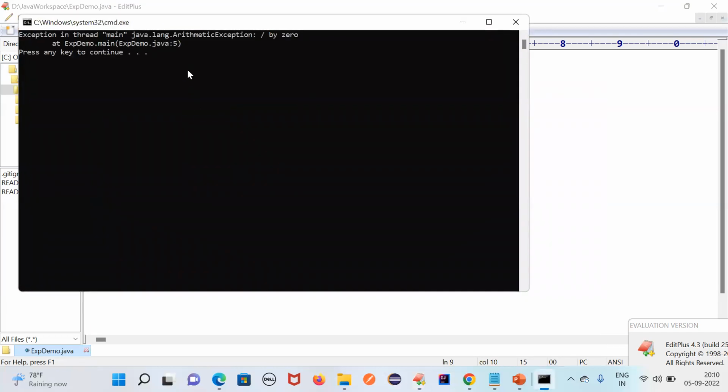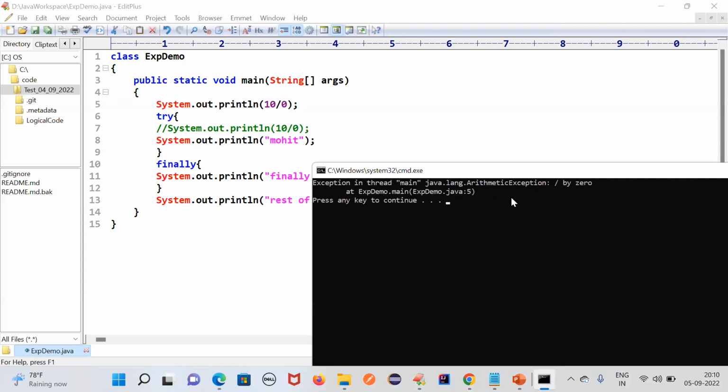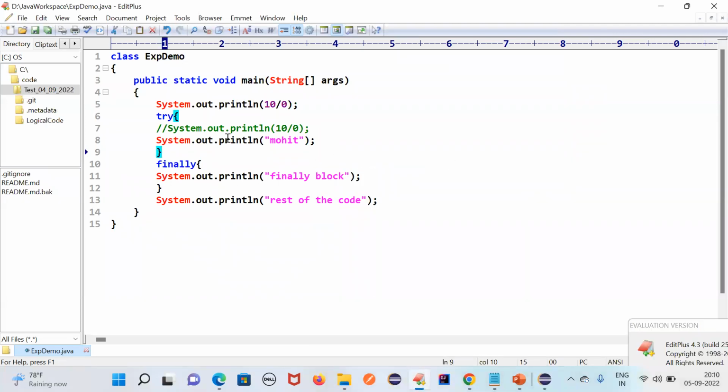You can see you are getting arithmetic exception, and here in the last, arithmetic exception by divided by 0, something like that. So in this condition finally block won't be executed. I'm just commenting here, and you can see here I have written inside this try, code will terminate here, and we don't have a catch block also. I will give you some snapshot, guys, of the combinations and the conditions. We already know individual try is not applicable, individual catch is not applicable, individual finally is not applicable. You have to give some condition.